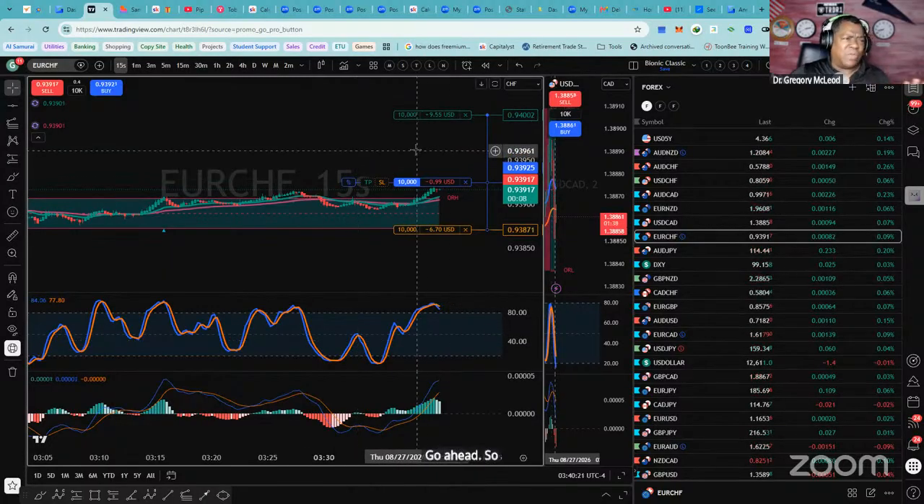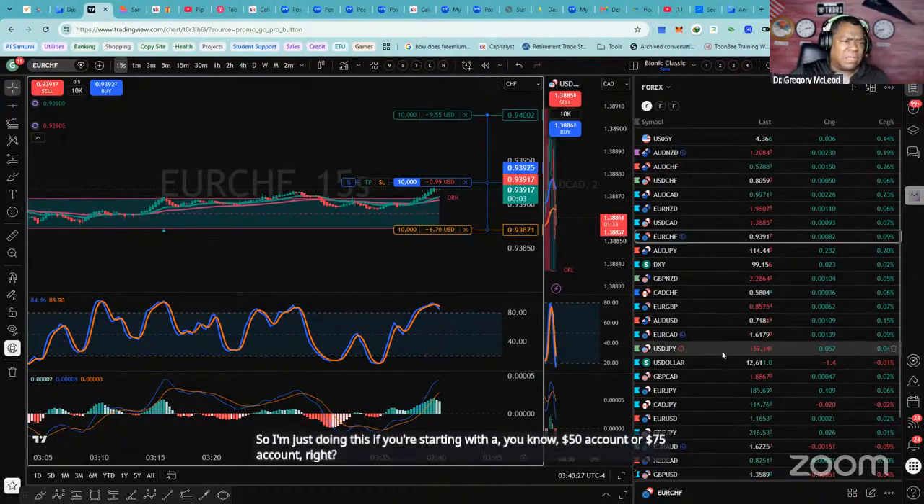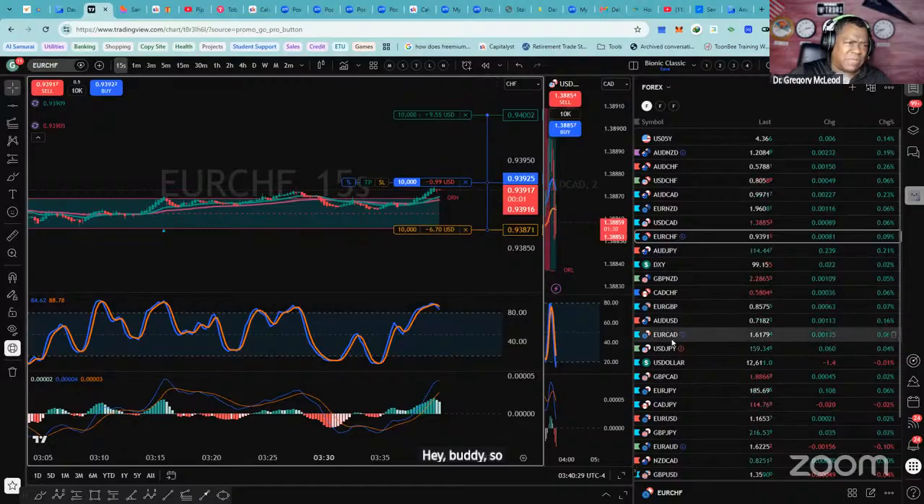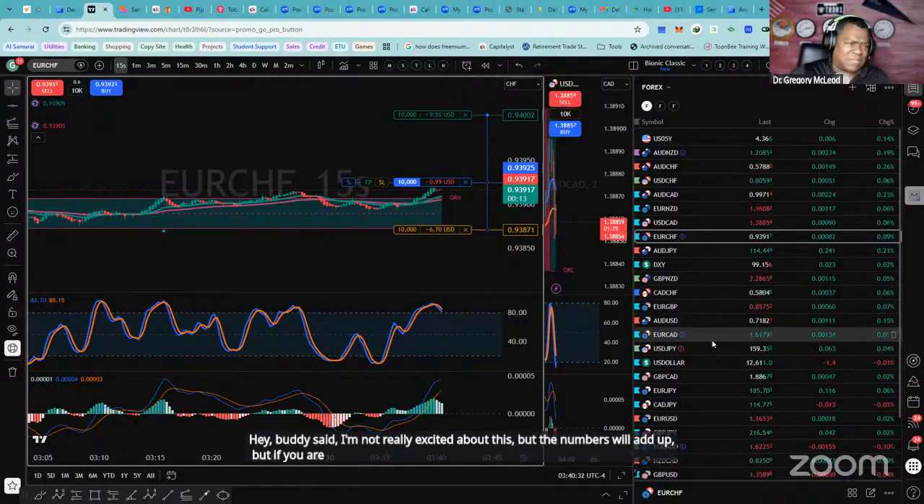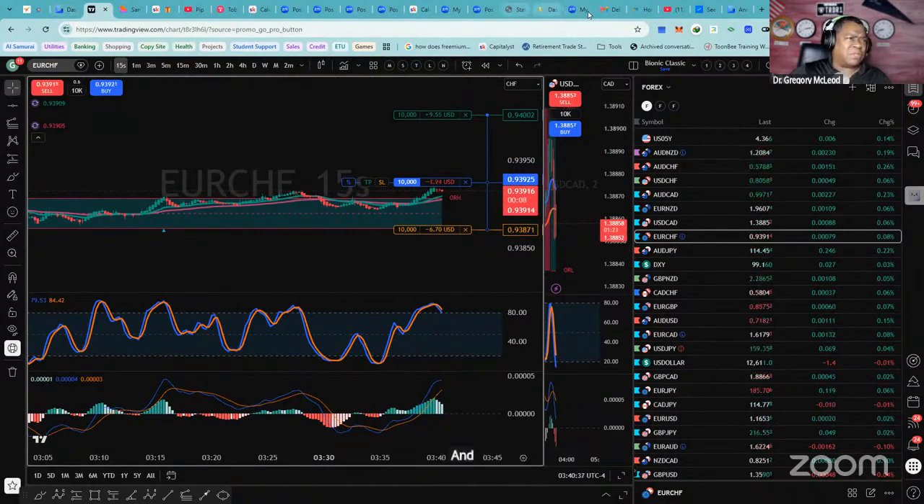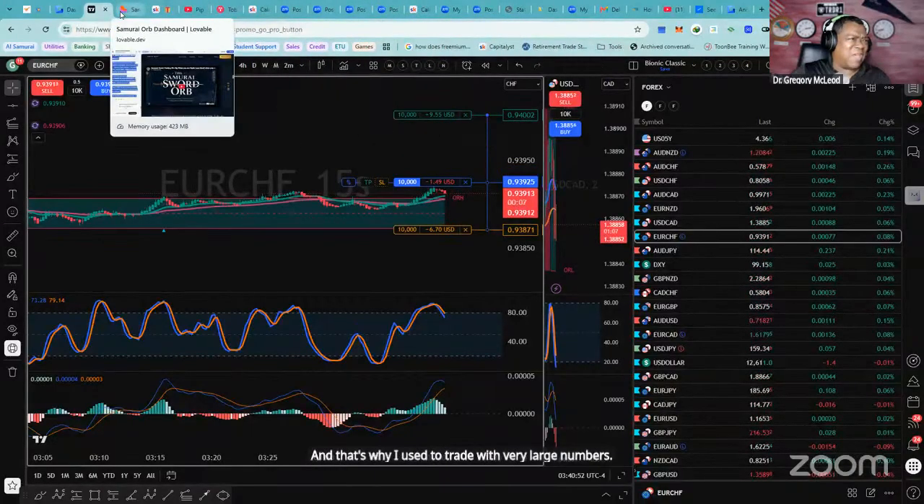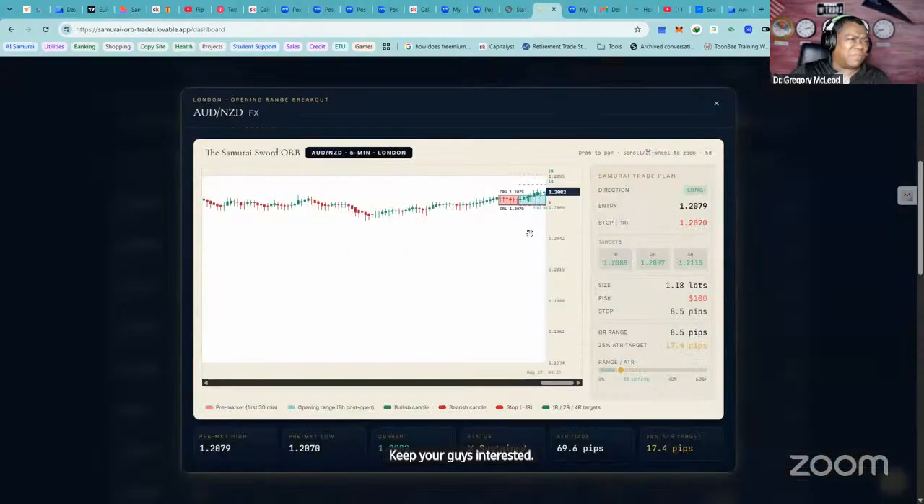So I'm just doing this if you're starting with a $50 account or $75 account, right? Anybody said, I'm not really excited about this, but the numbers will add up. But if you are using like standard lots, well, then it's going to be different, right? And I'll show you what it looks like. It doesn't matter. It's just moving the zeros around. But as my good friend Steve has learned, you get a little bit more motivated looking at the bigger numbers. And that's why I used to trade with very large numbers. Keep you guys interested. Right. Because in the end, it's just